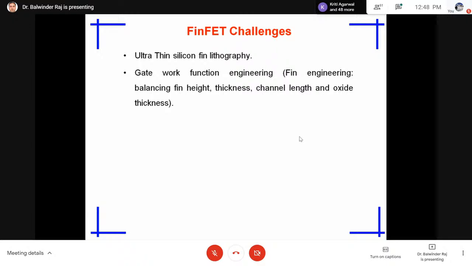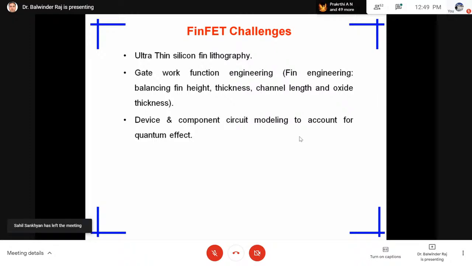So in the conventional device, if you see, my L and W by L ratio are independent. If I change my L, I can keep my width constant. But here, if I change the thickness or height, my width cannot be constant, it will vary automatically. So this is also one of the challenges in the FinFET. So we have to carefully control the fin width by changing the other fin engineering parameters like thickness, height, and length. Then for fin devices and compact circuit modeling, to account for the quantum effects, we have to consider the quantum effects